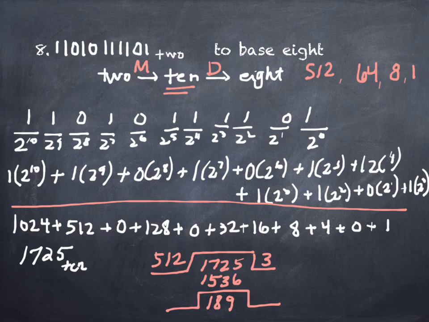And then we'll divide by the next power of 8, which is 64. 64 will go in twice. 2 times 64 is 128. So now I've got, and I've run out of space down here, but I have 189 minus 128 for a total